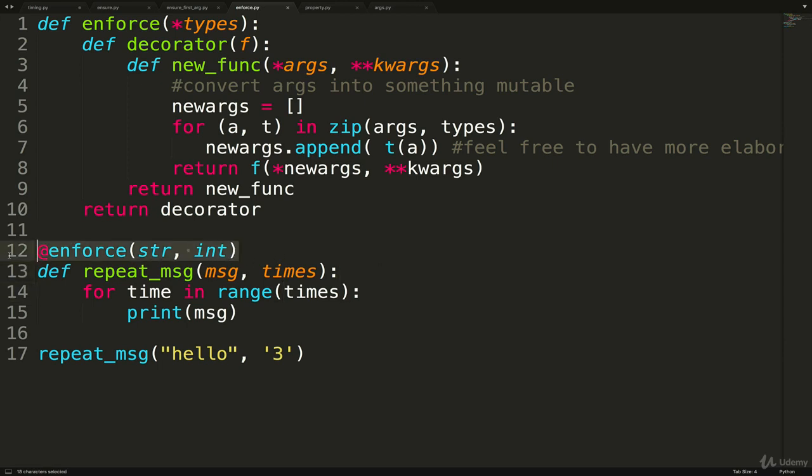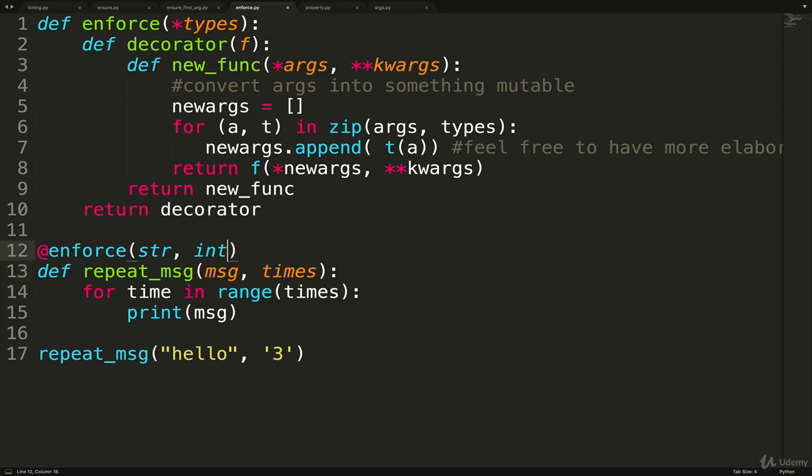The goal here for this decorator is to do just that. We specify whatever pattern we want, string, int, string, and then it's going to make sure that this is a string, and whatever we pass in, if it's not, it will be converted if it can. This needs to be an int. In this case, it's not, but it will be converted to an int, and then this will be a string, whatever the next thing is.